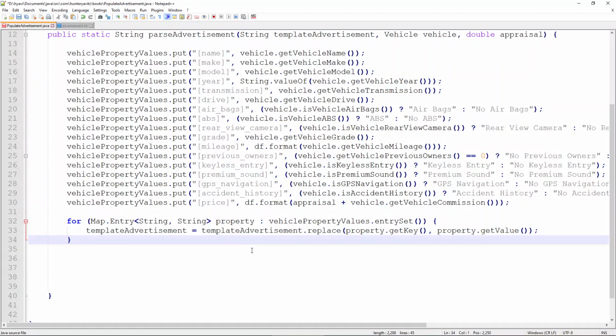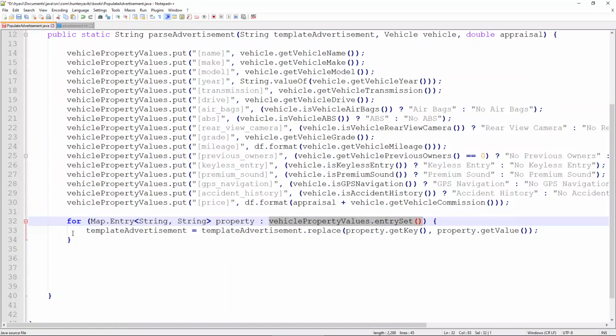And so to break this down a little more, just to really explain what's going on here, I need to pass through some kind of set of objects. The map has something called an entrySet function, which basically turns all of its entries into a bunch of objects. So in this map that we have, convert all of those into a set that we can iterate. And then for any particular entry in a map of strings that we're going to call property, so any particular entry, let's say this entry, of this entire map of entries that we've converted into a set of entries,